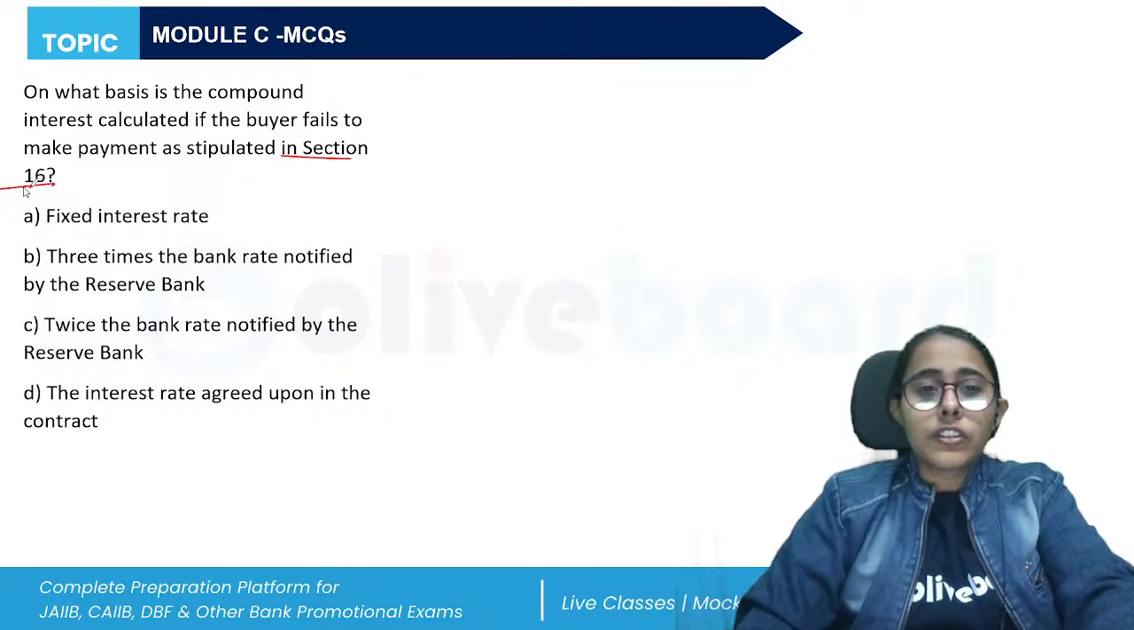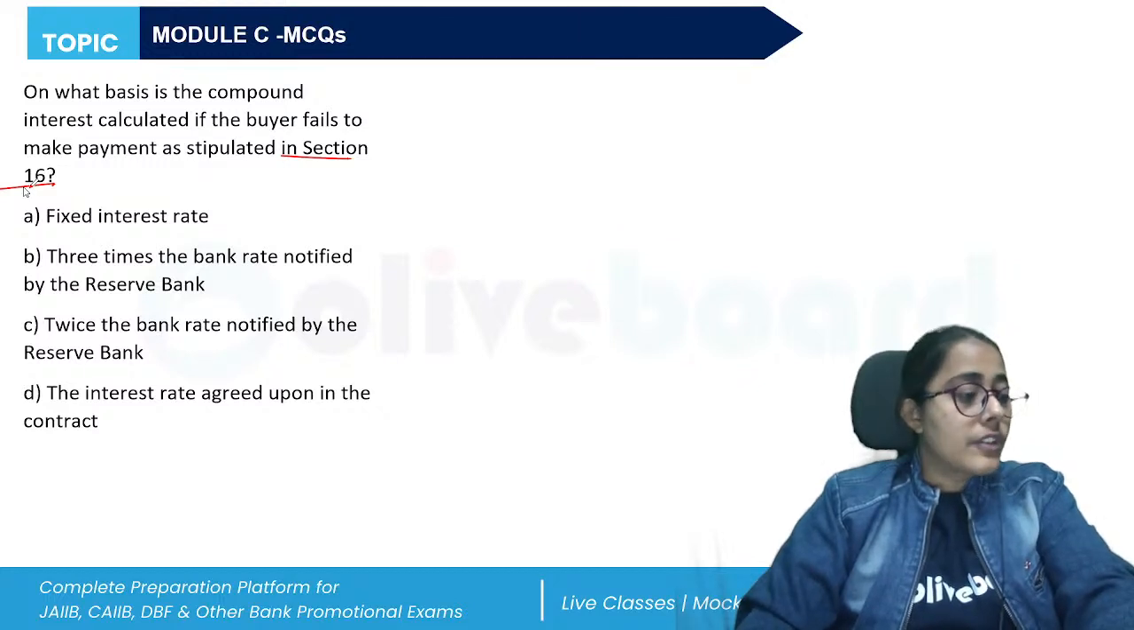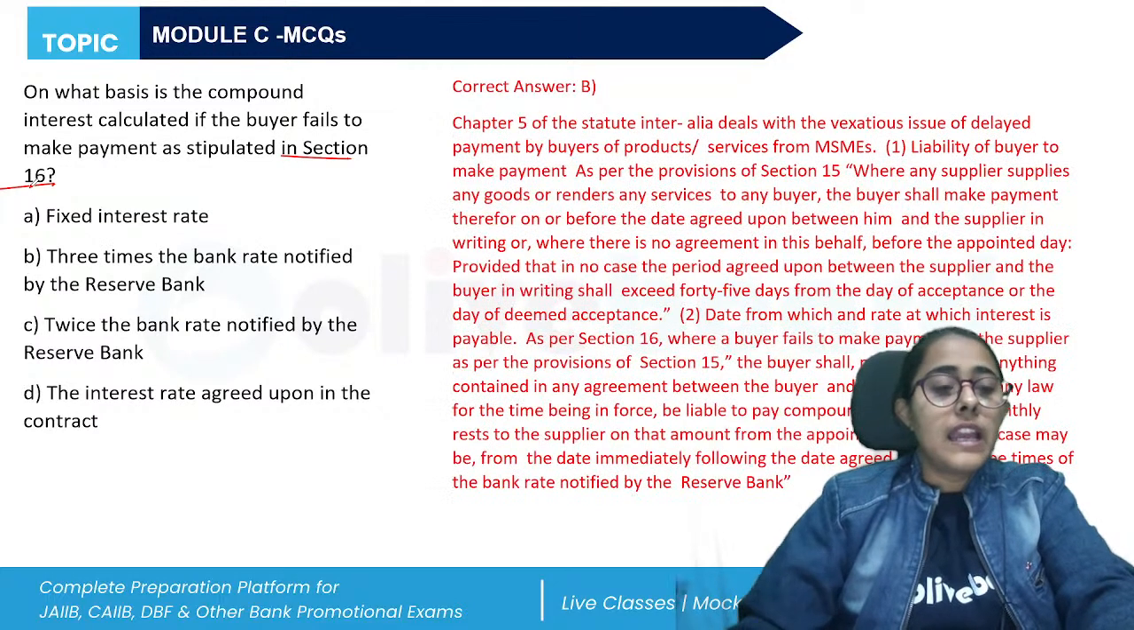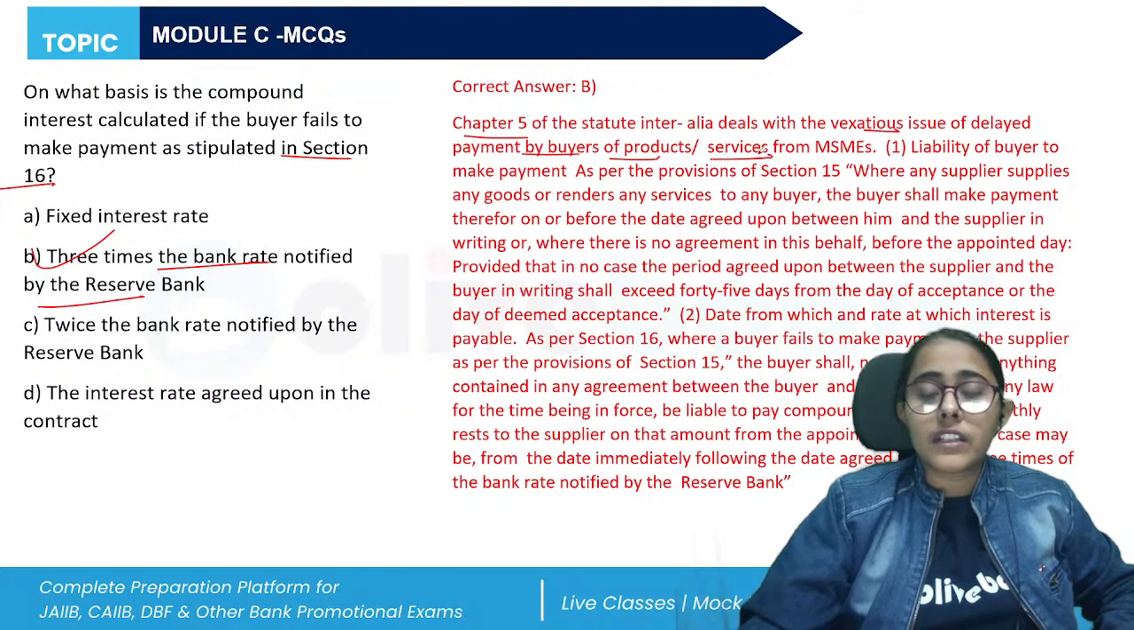So this is in case of the delayed payment. The liability is with the buyer to make the payment under section 15, and the date from which and the rate at which the interest is payable is given in section 16. So here the correct answer will be option B. It is 3 times the bank rate that is notified by the Reserve Bank. So chapter 5 talks about the issues of delayed payments by the buyers of the product or the services from